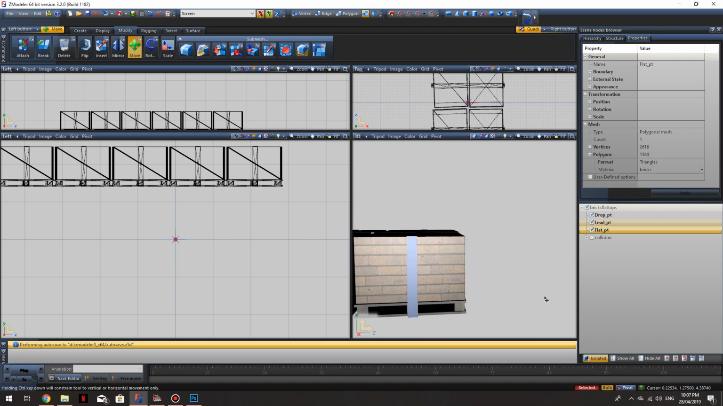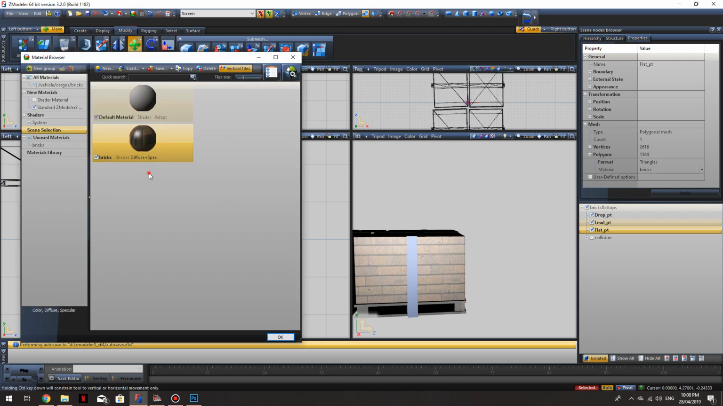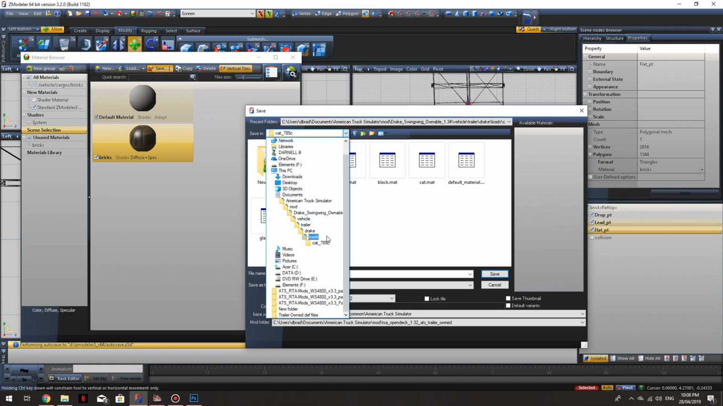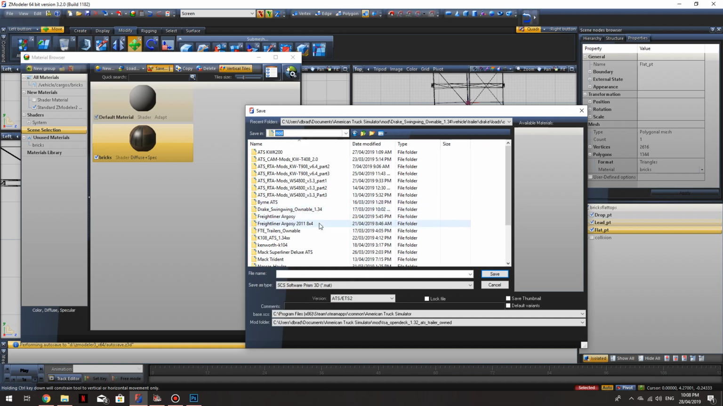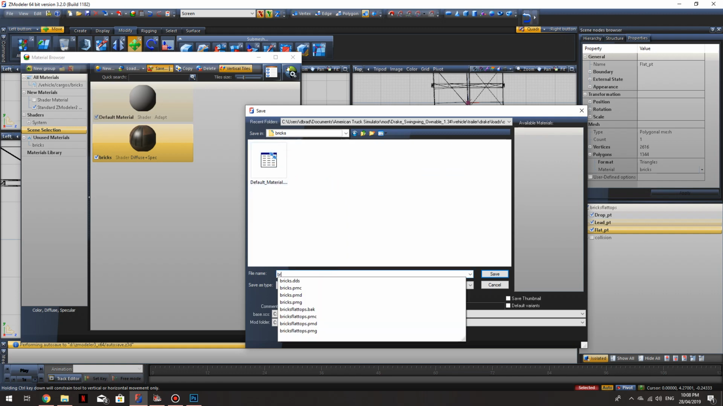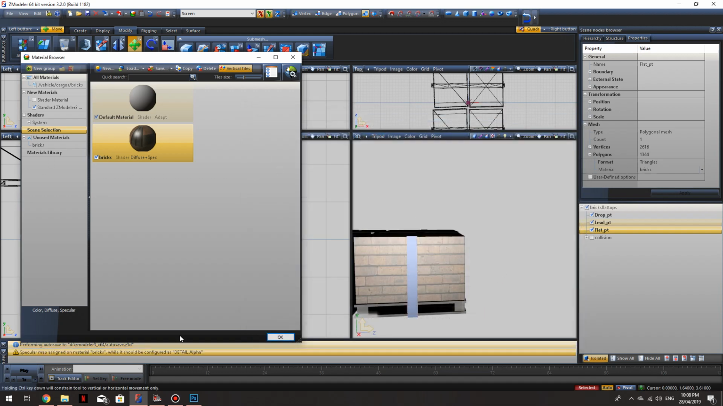Alright. One other thing, and I should have done it as we created them. We'll go back up into that material browser. I just want to save that material. So just highlight it, hit save, navigate to where your texture file and the PMD file is for whatever you're texturing. So I'm in cargoes on the freighter trailers, and I'm going to call that bricks because that's what I called it there. We'll save that,